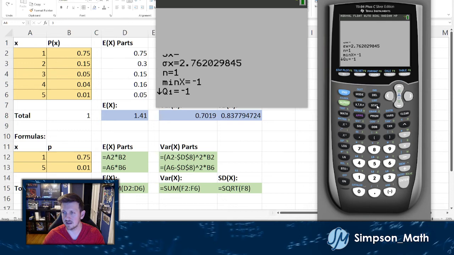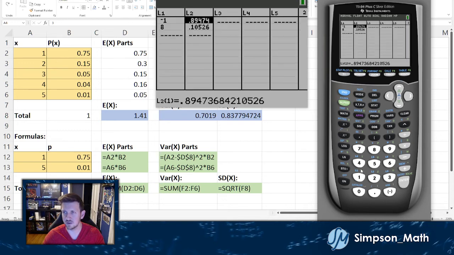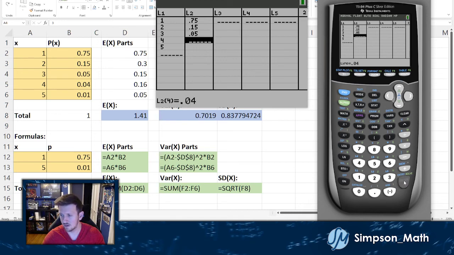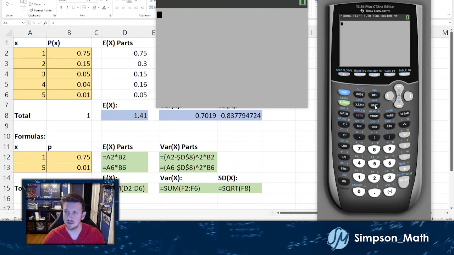So let's make a quick edit. We can go back to stat edit, and let's change this to our other data values. You can clear it, or you can just type on top. I'm just going to type on top. 1, 2, 3, 4, 5. Go over, arrow up, and this is 0.75. This is going to be 0.15. Yeah, 0.15, 0.01, 0.05, 0.04, and 0.01. Alright, so second quit,